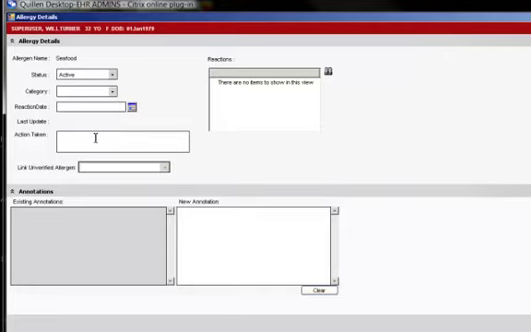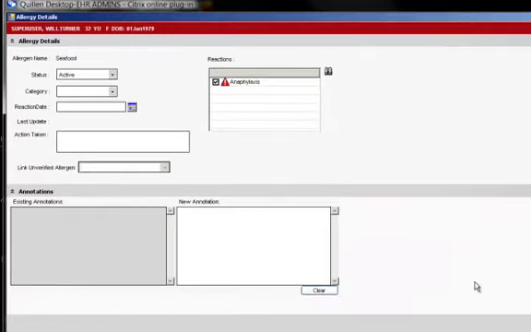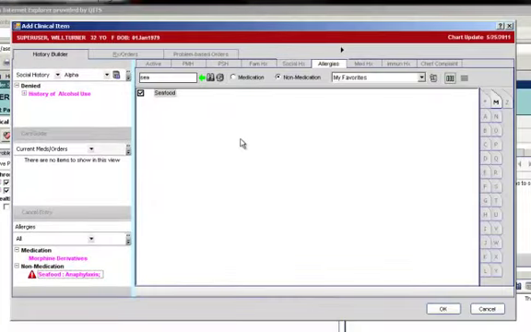In addition, if you click on the binoculars in the reactions box, an allergy reaction box will pop up in which you can check any of these reactions. If you choose anaphylaxis, a red warning icon will appear in the History Builder section to alert the user to the fact that the patient does get this severe reaction. So let's save and return to the ACI, and you'll notice the icon popped up here in the History Builder